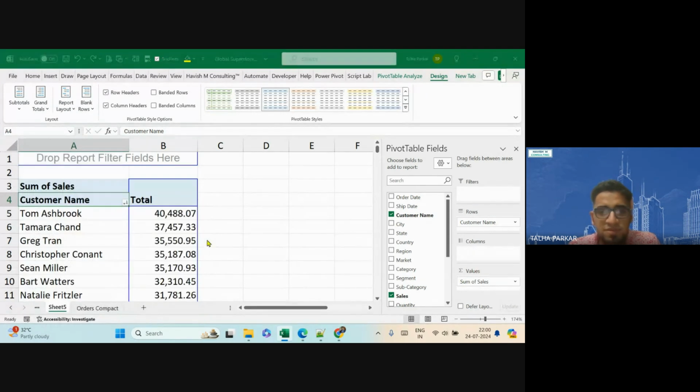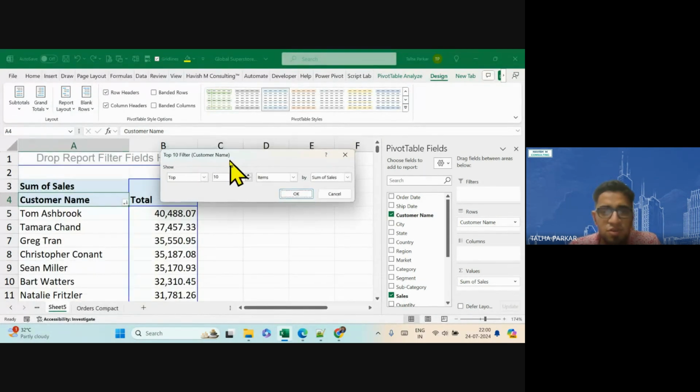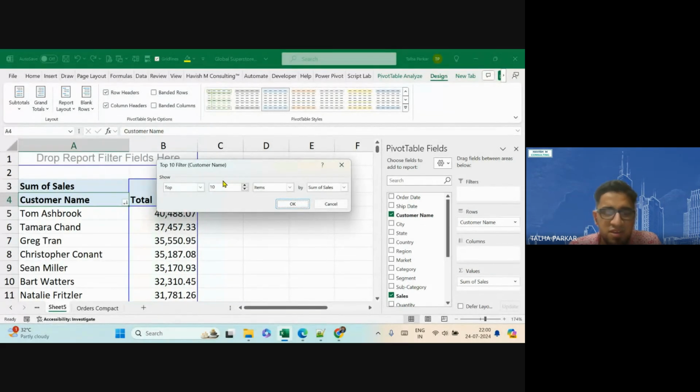ठीक है, टॉप 10 पे जब आप क्लिक करोगे तो इट विल शो यू टॉप 10 जैसे नेम, आप 10, 15, 20 जितने दिखाना चाहते दिखा सकते हो. अभी के लिए आप कर दो टॉप 5, ठीक है? And when you press OK you should only see your top 5